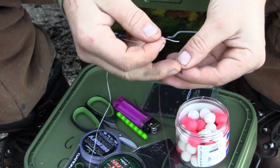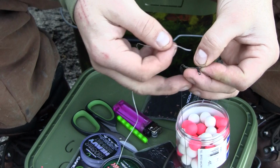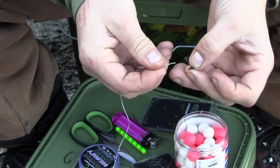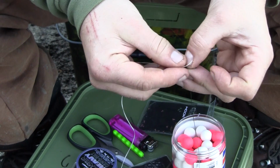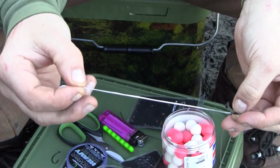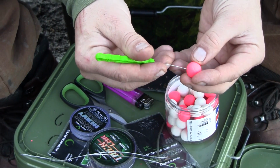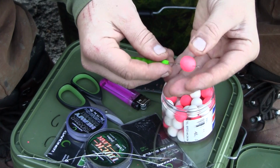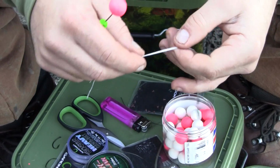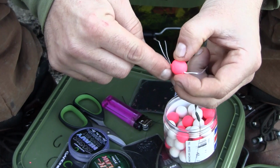Right, to attach our pop-up, it's a really simple way to do it. There's not lots of tying or doing loops and loops, all things like that you find with other rigs. Just get a length of dental floss or some type of floss, put it through the eye of the swivel like so. So you've got a length there, doubled over. Then we get our bait. This is one of my own 4-season pop-ups from Mistral. As you can see, really nice and bright for this time of year, or any time of year. Something a bit bright does seem to work. Thread that onto the 2 bits of floss. There we go, pull that through,